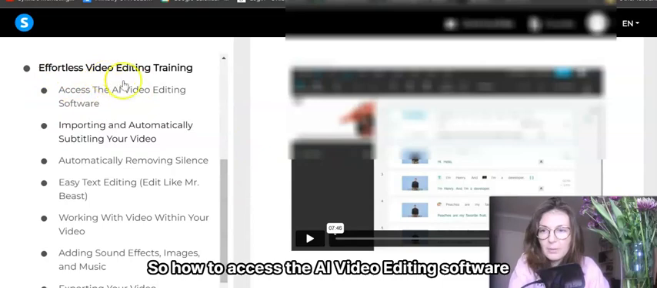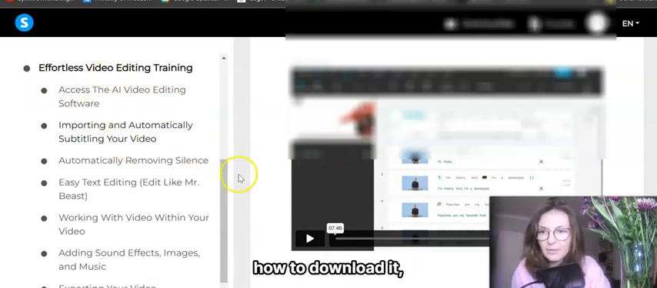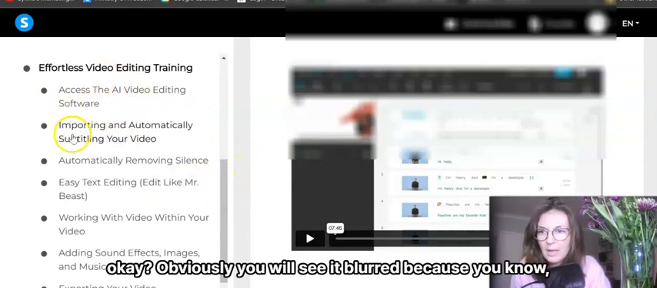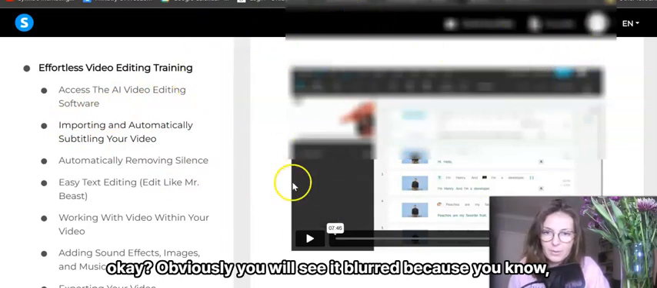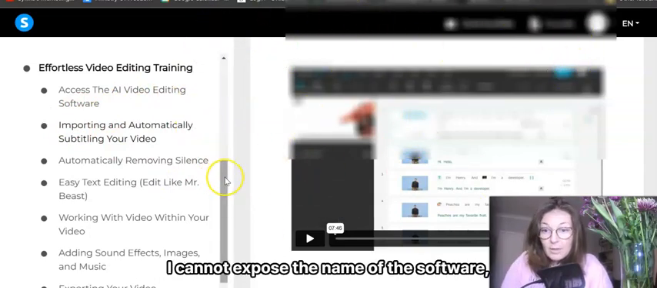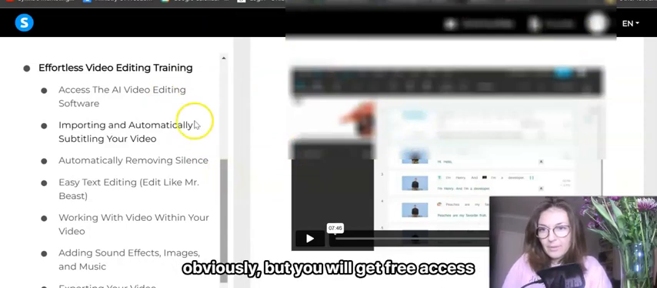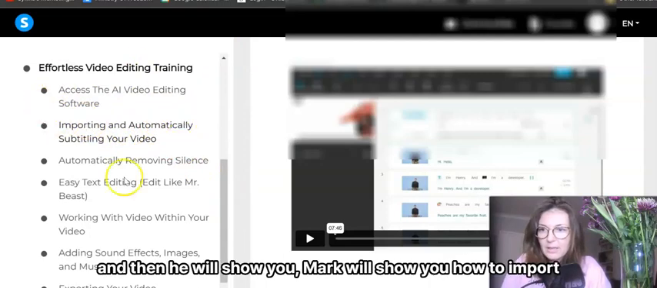So, how to access the AI video editing software, how to download it. Obviously, you will see it blurred because I cannot expose the name of the software, but you will get free access to it once you buy the training, and then he will show you,